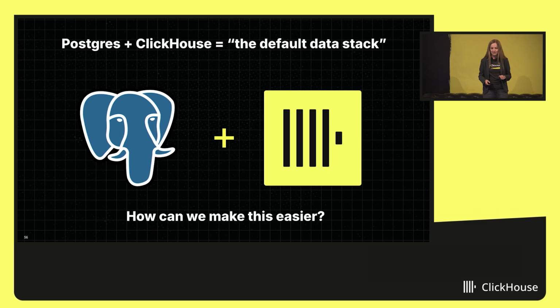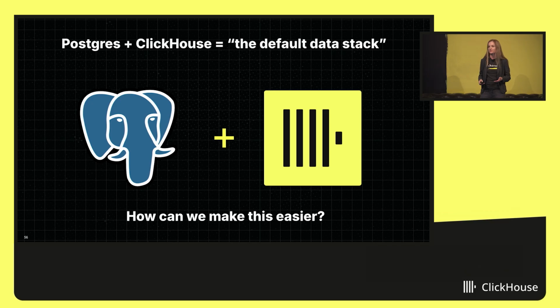If you're building an application that has both transactional and analytical workloads, this is the stack you most likely will start with. But in speaking to our users, it wasn't easy. A lot of them had a need to sync data from Postgres to ClickHouse, and it makes sense because if you have a transactional data store, some tables from there are going to be reference tables in your joins, so how do you do that? And they were writing their own sync processes, or maybe they were using Debezium and Kafka, and that was just a big drain on their operations team. Even if they were running our cloud, that part was not easy, right?